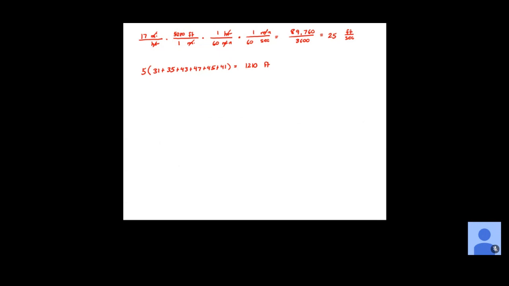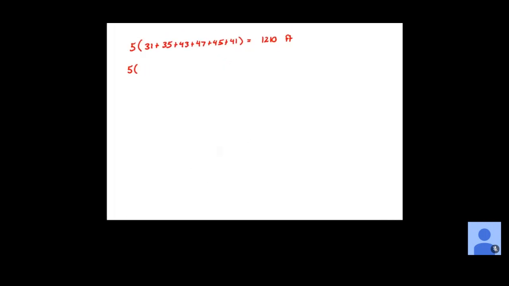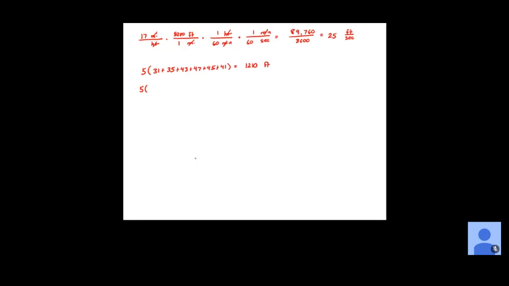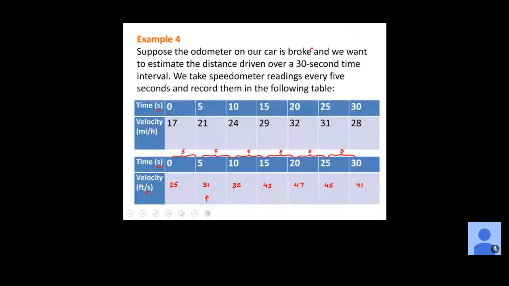Now, just like on example 1, we had an over approximation and an under approximation, we can also use the left-hand endpoints now to give ourselves a range of values that our distance could be. So I'm going to do the same thing. 5 is still the width of my rectangles, but this time we're going to start with what value instead for our height? The 25, right? So if we're using left endpoints, 25,